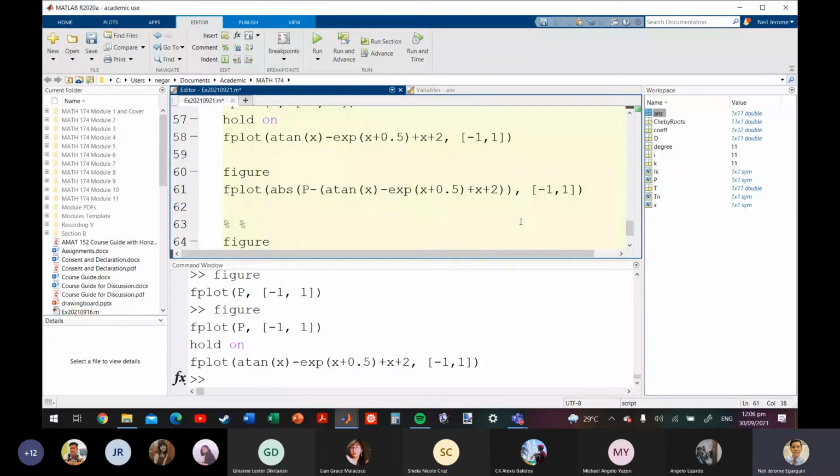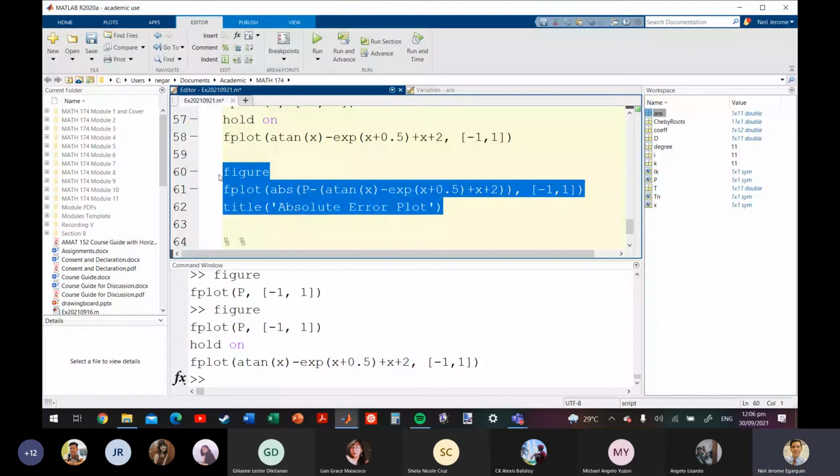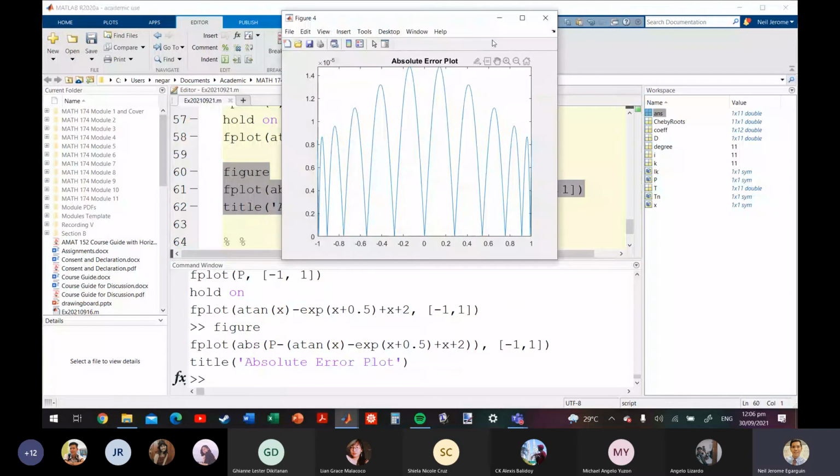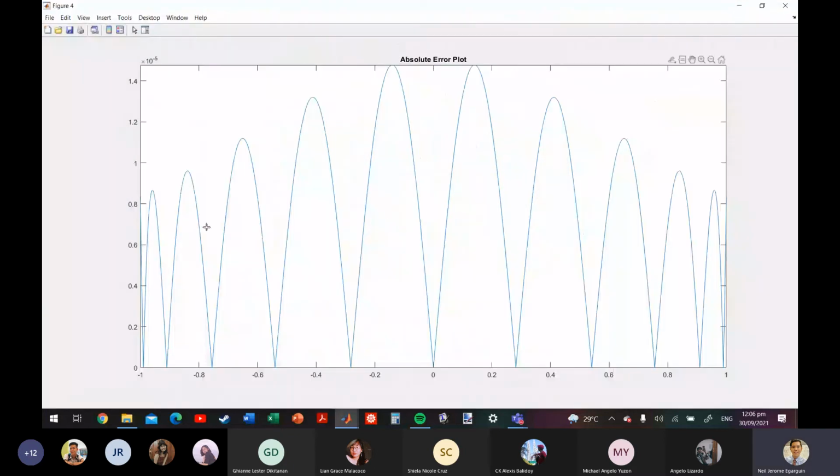And then, pwede ko siyang lagyan ng title. Sa Matlab, kapag text yung gusto nyo gawin, lagyan nyo lang ng apostrophe. So, title, say, absolute error plot. And then, we can evaluate selection. Okay, there we go. So, ito yung absolute error.